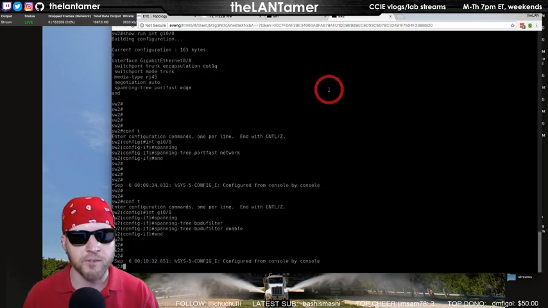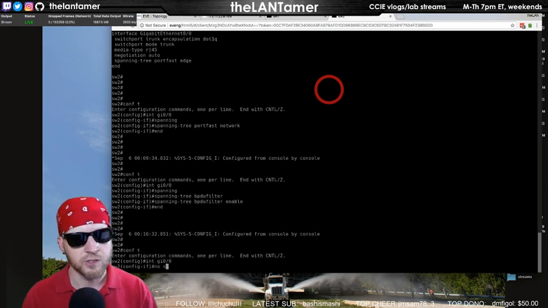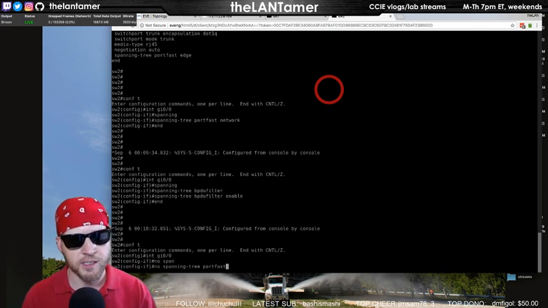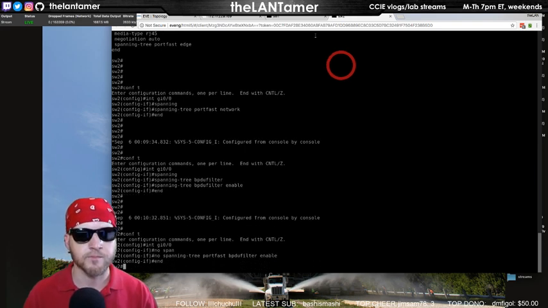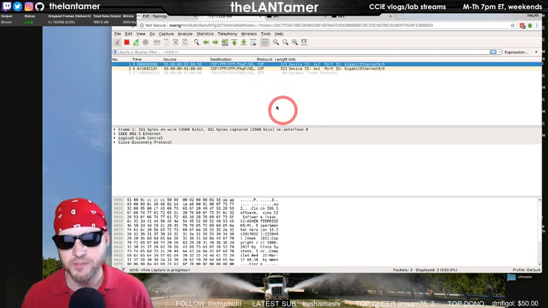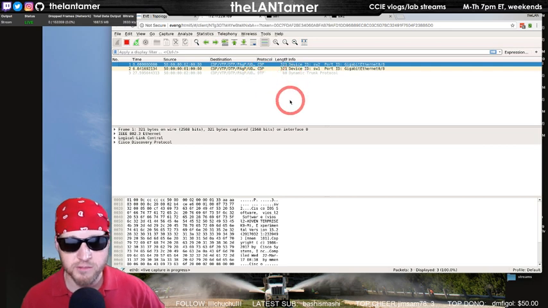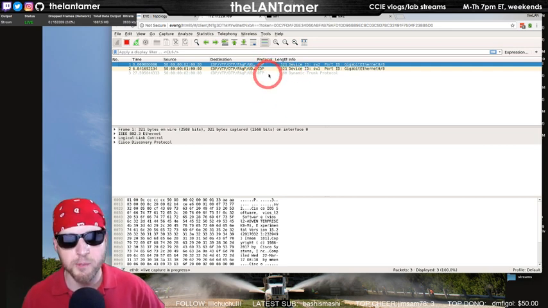Let's turn it off on side 2. No spanning tree, portfast, bpdufilter enable. And we don't even see them in Wireshark. Like it's not, it's essentially just dropping them, hence the filter, right? It's just dropping the,